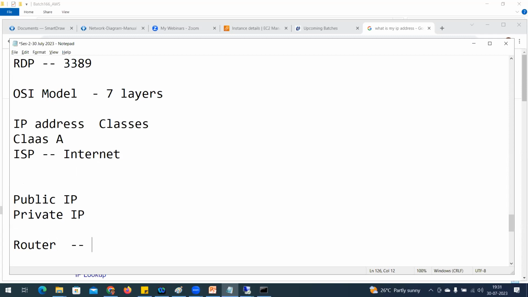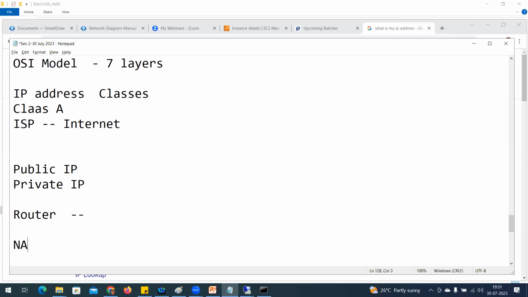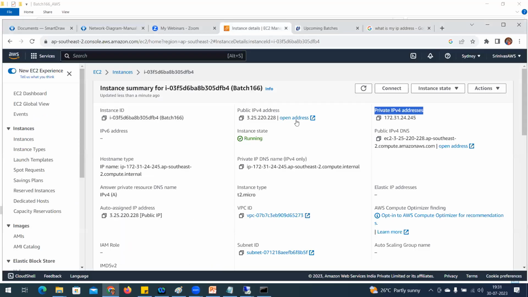It is going to establish communication between two networks. What is it going to do? It is going to have NAT, network address translation. You need to understand this simple basic thing. Even if you are not in a position to understand, it doesn't matter. You just click on the instance, you are able to connect, and you are able to perform your day-to-day operations. That's more than enough.